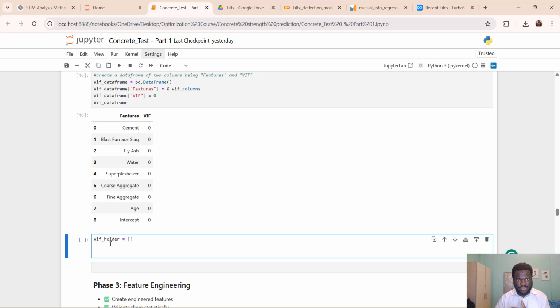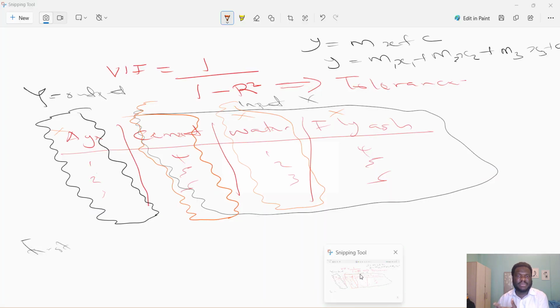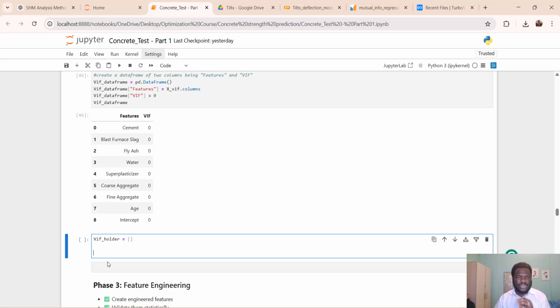So for the first column, you take cement as the output, and then the rest will be inputs. You calculate the VIF. You do the same for the second one, and the third one, just as I explained. So what we need to do is to use a for loop. We can simply do a for loop. So I say for i in range